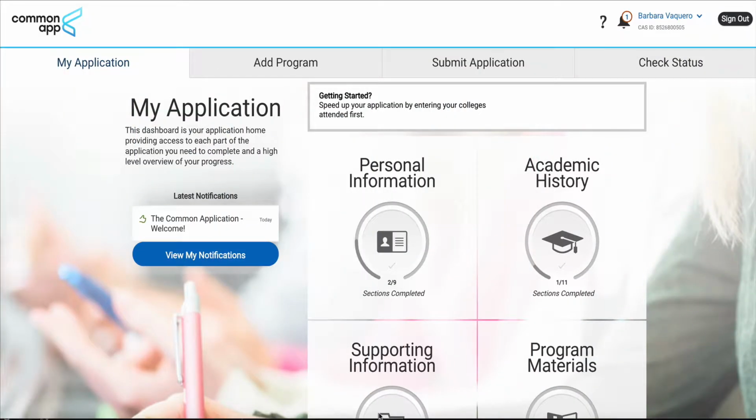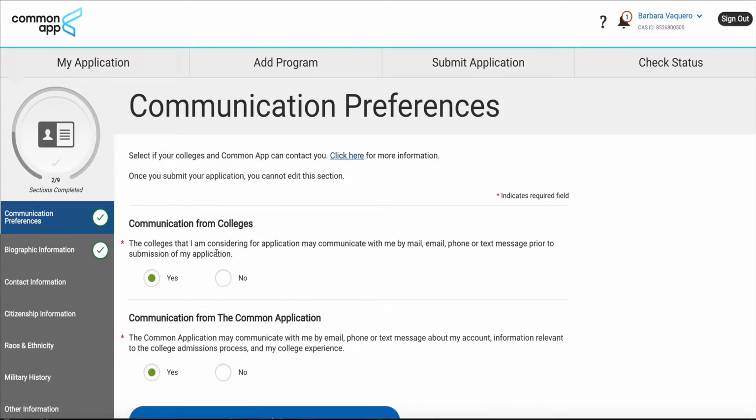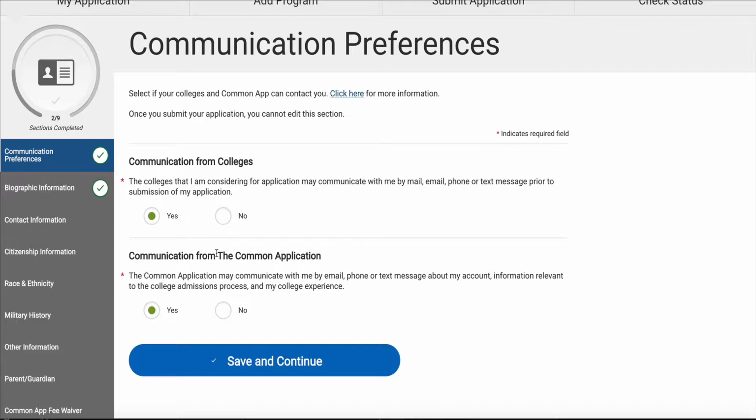In this video, we will review the personal information quadrant, which is the first one. So go ahead and click on that. And you'll see that the very first section is asking you if you would be okay with communication from the college you have applied to via email, mail, or text prior to the submission of your application. You can say yes or you can say no, it's up to you, but you do have to make a